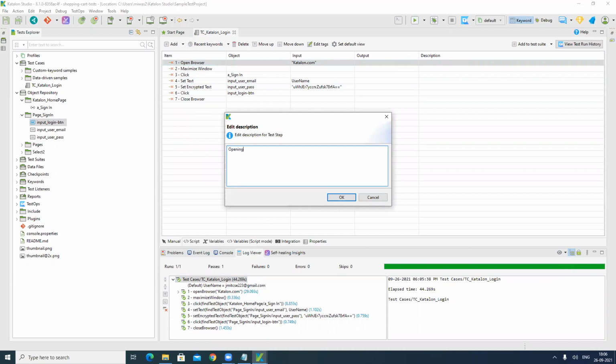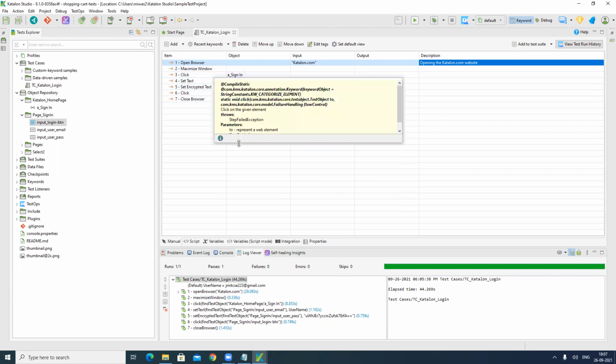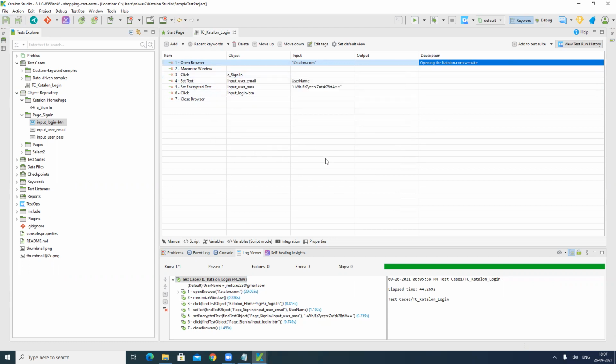So we are opening the katalon.com website. In the same way you can add a description for every step, and this detailed description will display in your test case report. So this is how you can save. You can create your test case in manual mode and it is very quick and fast for you.